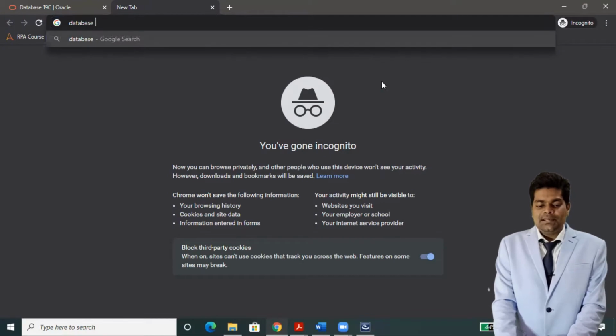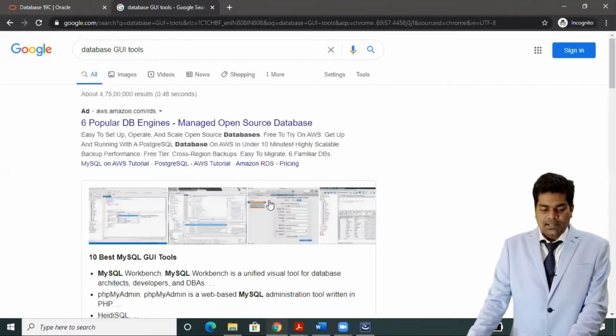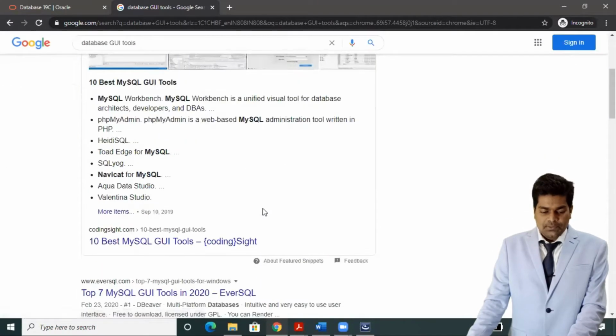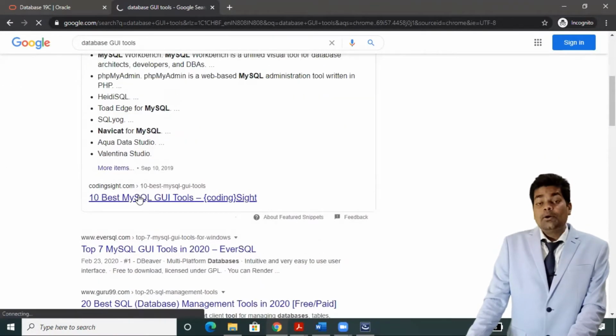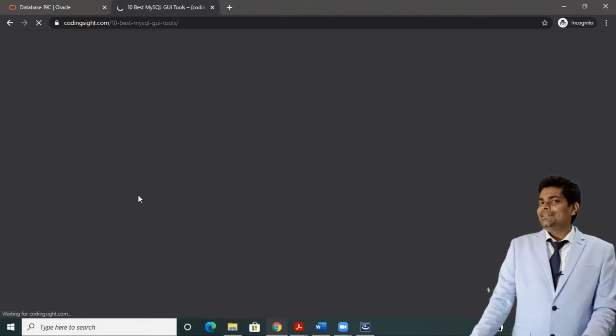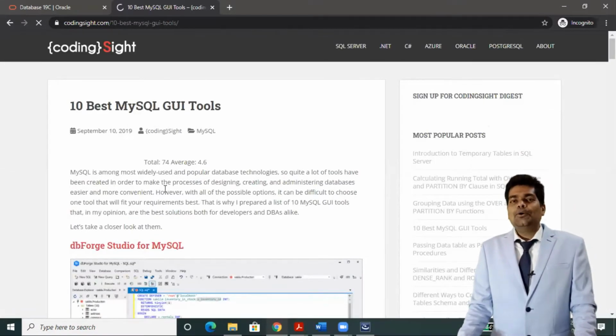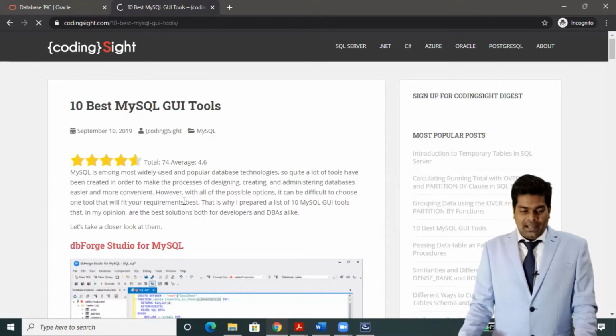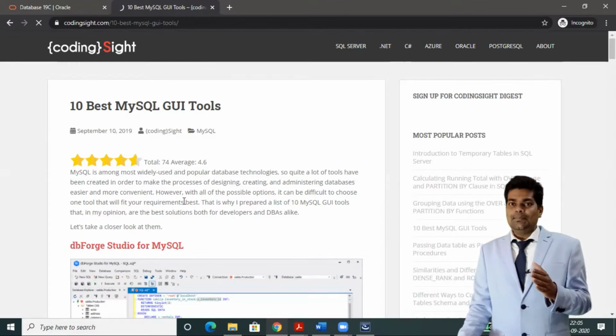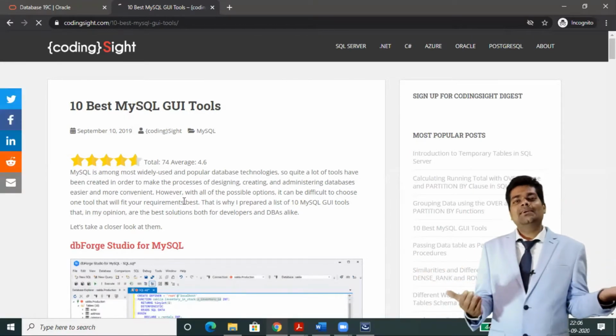Just simply type database GUI tools, and these are all popular tools. And Toad, I was forgetting the name of the tool, Toad. Depending on the organization, we use different tools, and the purpose of all the tools is the same: to connect with the database and run queries.